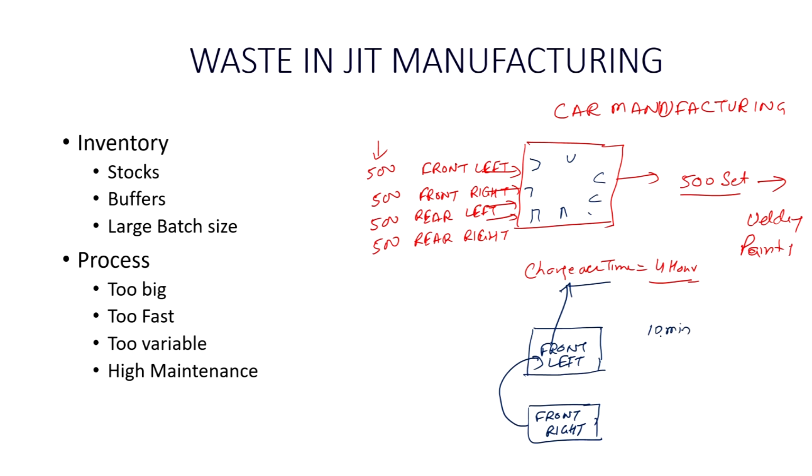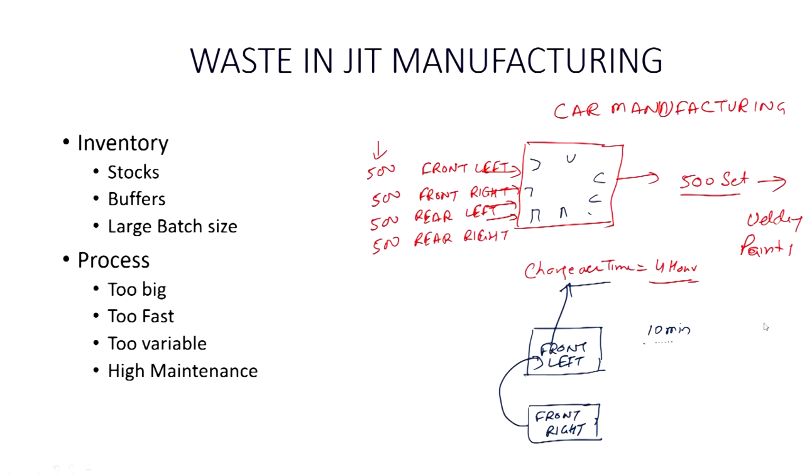This whole changeover can take place in 10 minutes or less. The only thing is you have to push this die in one direction, and from the other side another die takes its place. The die is planned in such a manner that it will get a press fit without any adjustment. All your fasteners, clutches, etc., are designed in such a manner that it will take its place without any adjustments required. So, if you are able to reduce the changeover time from 4 hours to 10 minutes, maybe your batch size of 5 is also good enough.